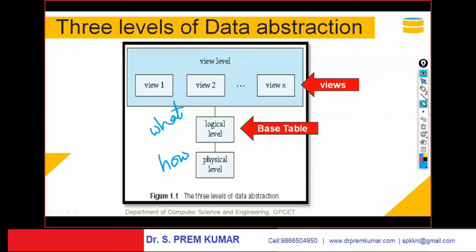What is seen? There may be a lot of data recorded in the disk, but I'm able to see only some fragment of the data. So what is seen on the screen is nothing but the view level. These are the three levels of data abstraction, but now we are going to focus on the view level. In our class now we are going to focus on the view level of the data.